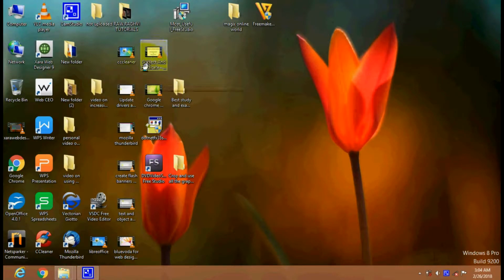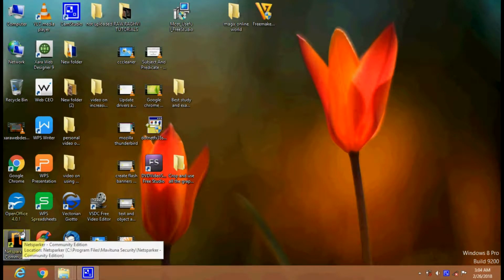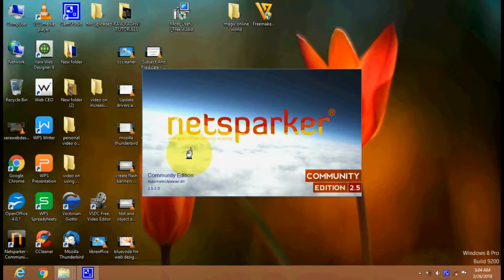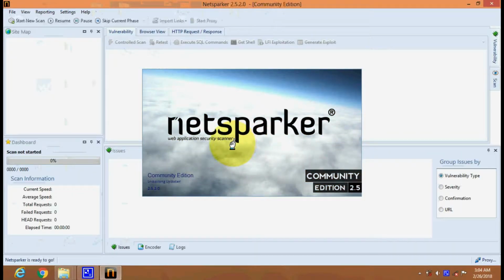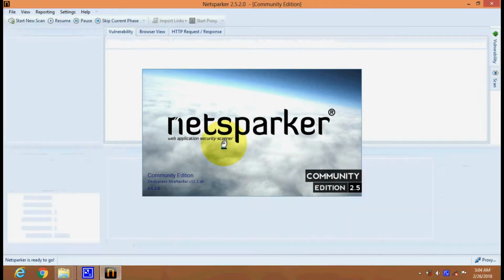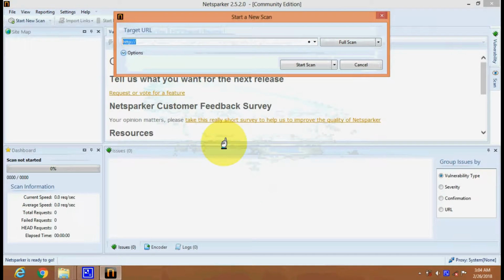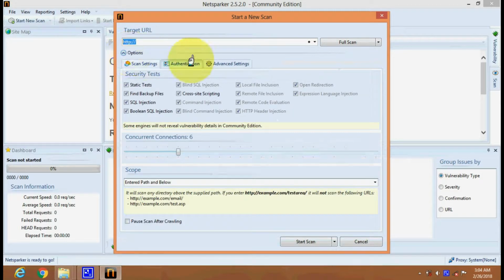Hello friends, today we are going to study about Netsparker Community Edition. Netsparker is a web application security scanner, and it is helpful for scanning the security of your website. Here you have to provide the website address,